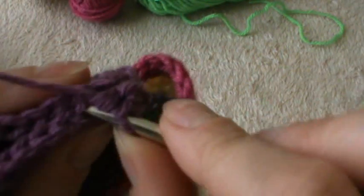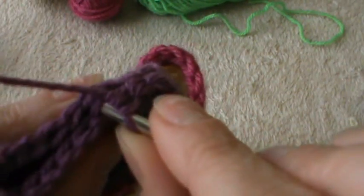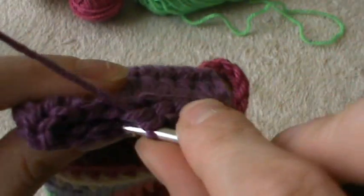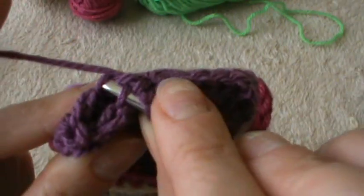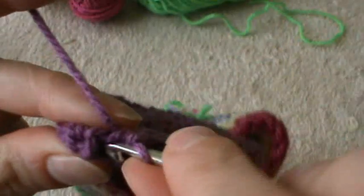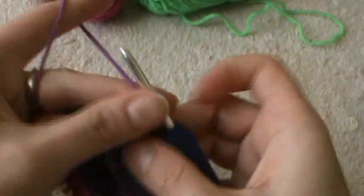or back loops, I don't know, these loops that are here. You can see the loops that I work in, these loops, I don't know, they are front or back or both. Okay, and we go on like this to sew our heel, and here I want just to insert the hook and make another slip stitch. I will cut the yarn a little bit longer